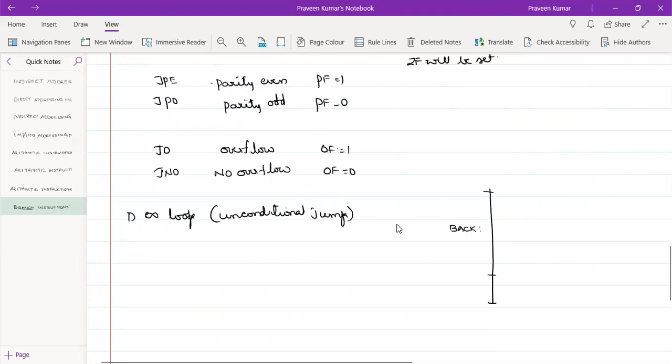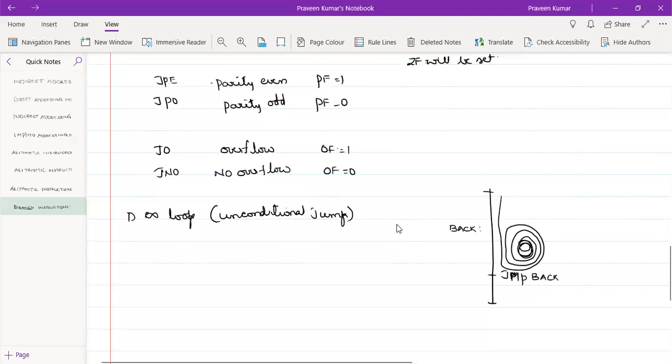Now here I am going to write jump back. So I have written simply a jump instruction with a label called back. So the program executes like this. After getting to this jump, it will move back. Again IP gets incremented, again it is rotating.